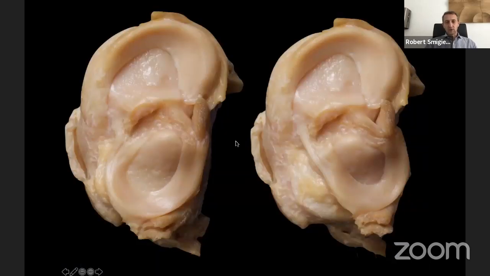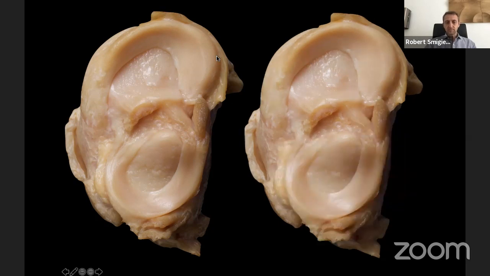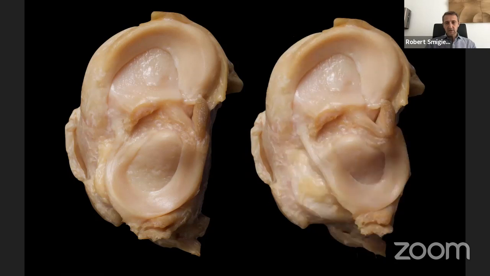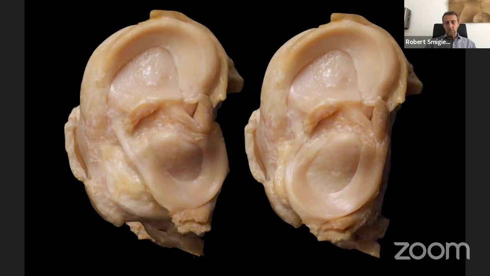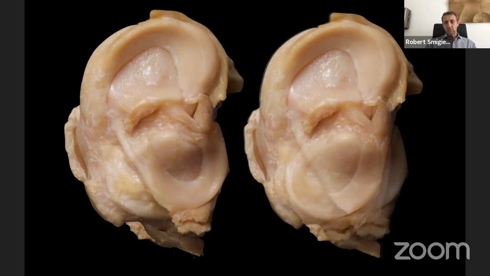And if you look at the tibia plateau from the top, you can see full extension and full flexion, and you can see how the position of the lateral meniscus changes and how the position of the medial meniscus changes. The medial meniscus is almost in the same position, while the lateral meniscus moves a little bit far posterior. And you can see how the position of the meniscus changes. When we compare it, it's approximately